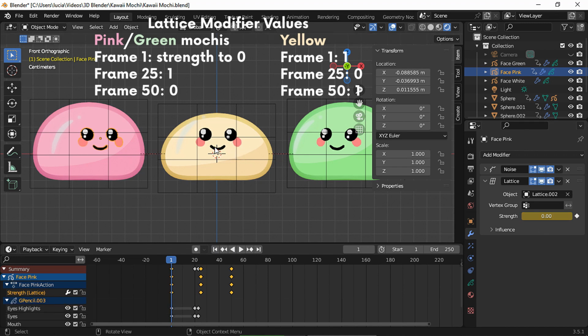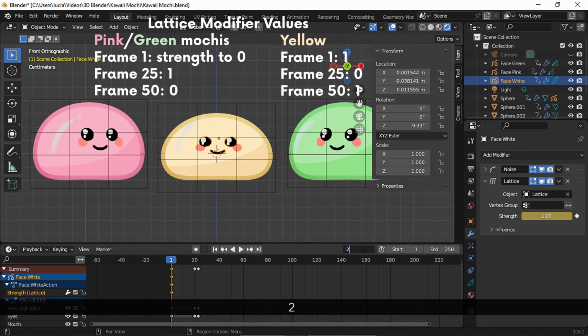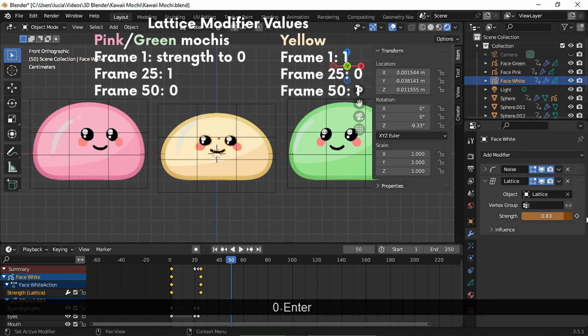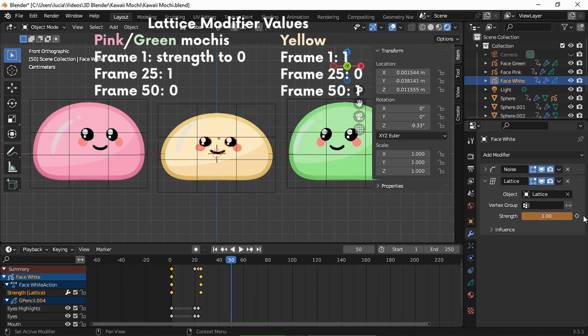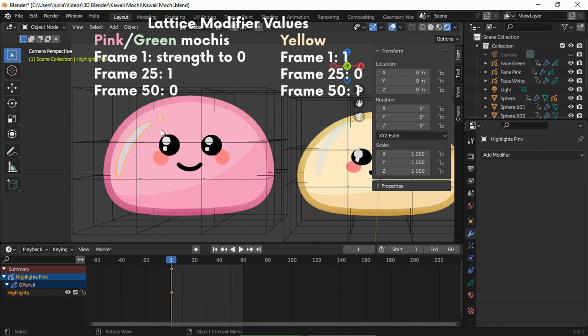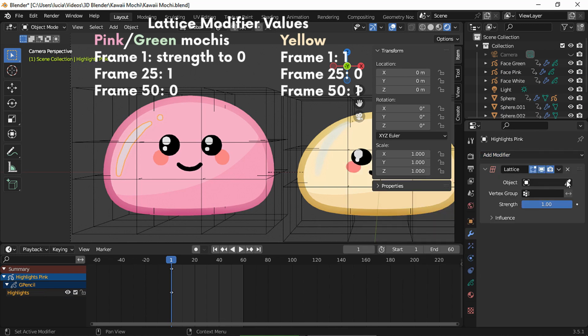Now let's move on to this one. And now do the same with each highlight as well, so the highlights also follow the movement of the lattice modifier.